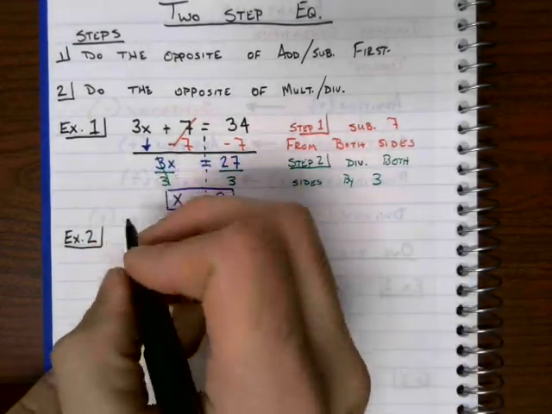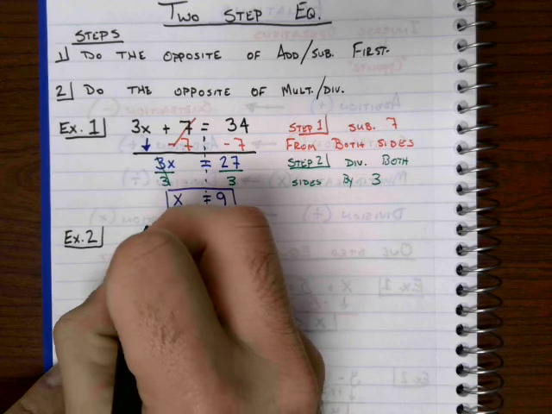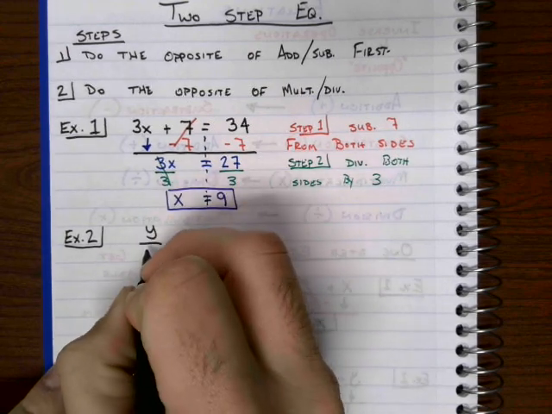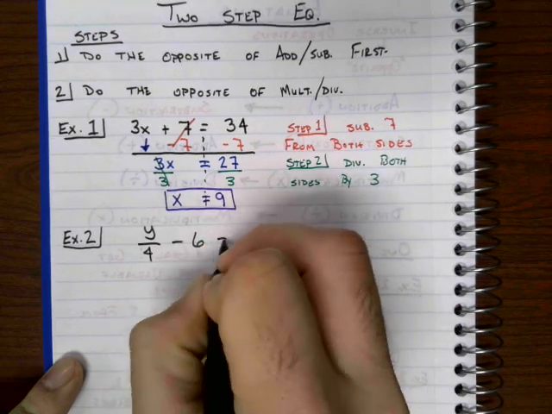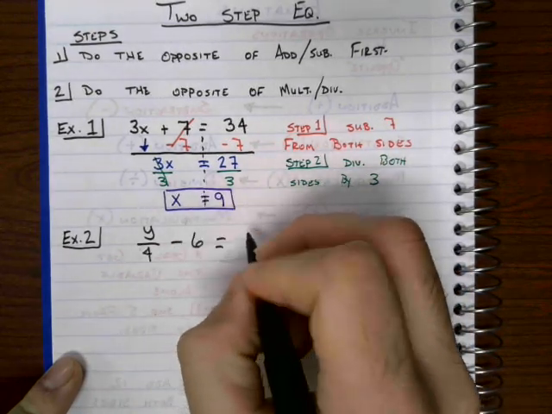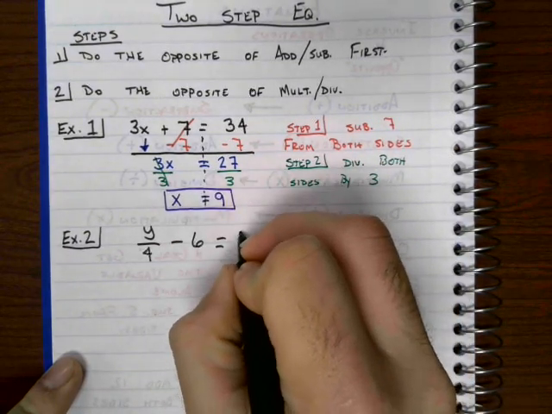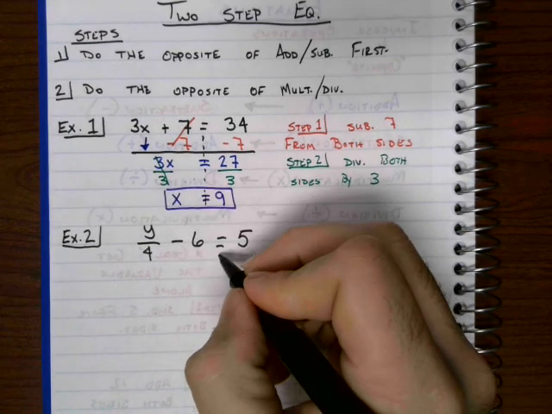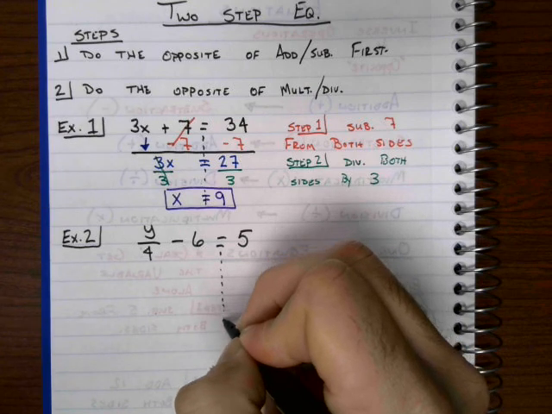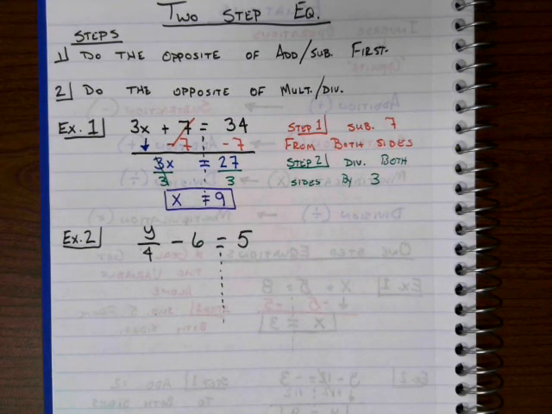Let's say I have y over 4 minus 6 equals 5. Okay? So I have a two-step. I'm going to draw my little line here to separate my sides. And we're looking for our addition and subtraction. So do I have addition and subtraction? Yes, right here. So the first step,